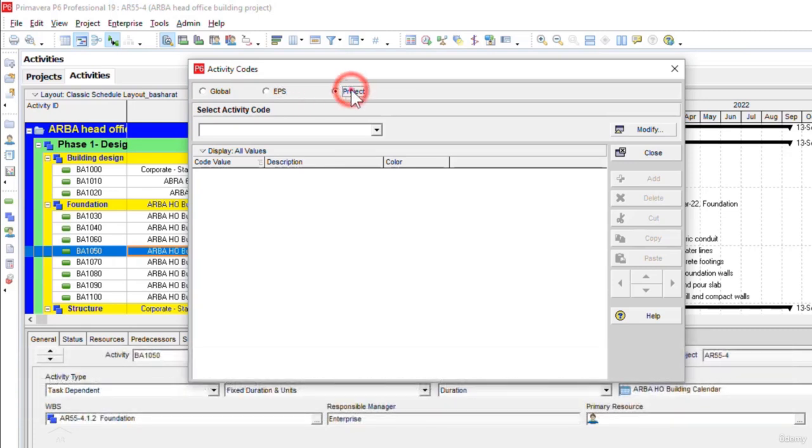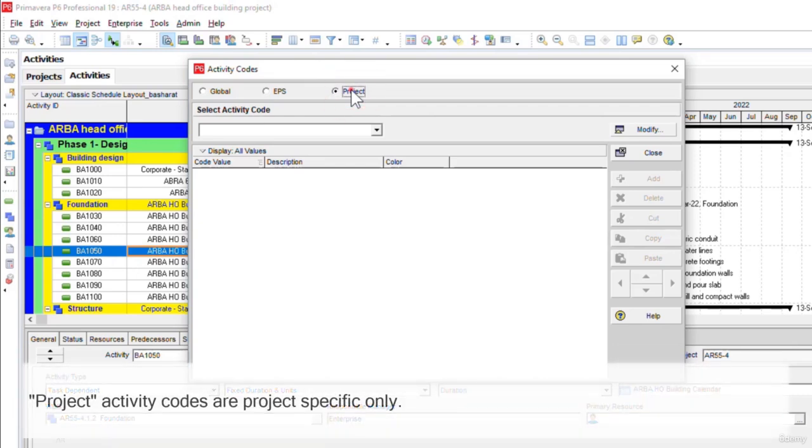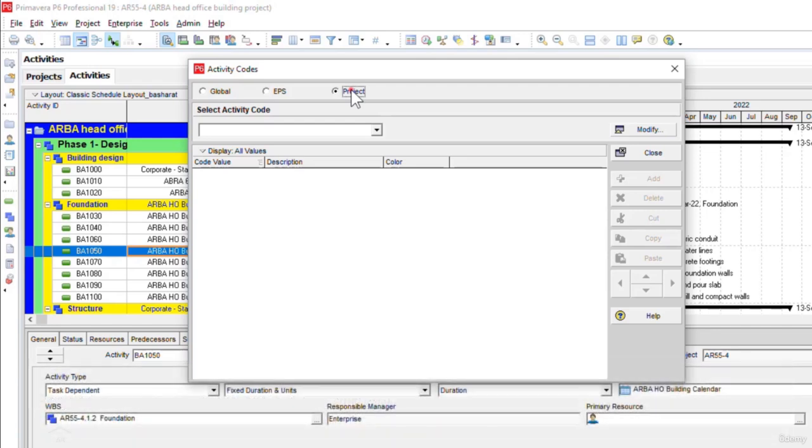Next, the project activity codes are used for the specific project only. So in other words, if we click on the project radio button and then create an activity code, the activity code we are going to create here will be for the currently open project only in the Oracle Primavera P6 software. Okay, then let's create the project activity codes for our currently open project, which is the Arba